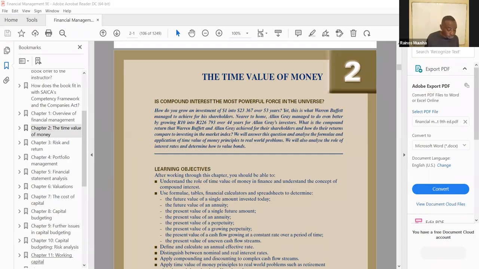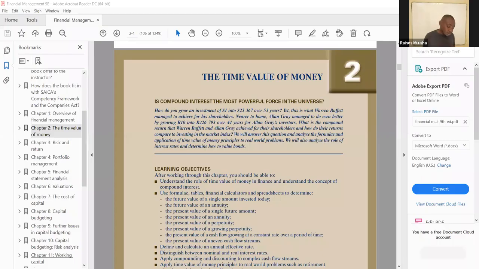So remember, if you have a good background of things that we have done at undergrad, chapters 1 to chapter 8, it might feel as if FIN4801 is easy, but it's not easy, because from chapter 9 onwards, we are now going to be looking at in-depth analysis of financial management as well. So from chapter 9 onwards, that's when you're now looking at it from a higher level. That's when you're going to start looking at it from a postgrad level as well.